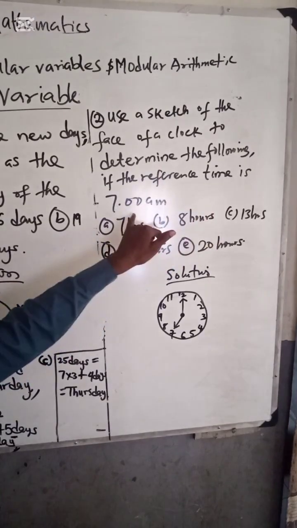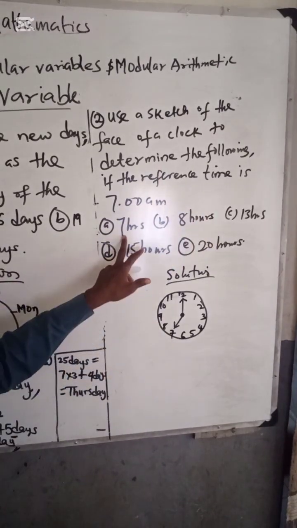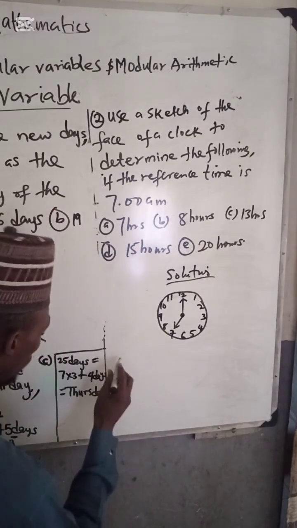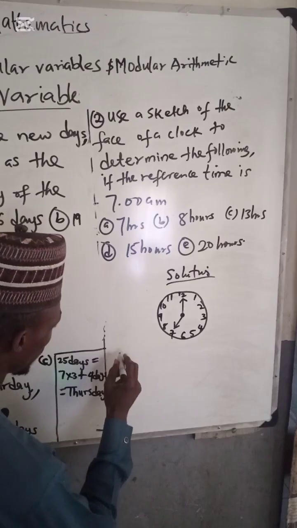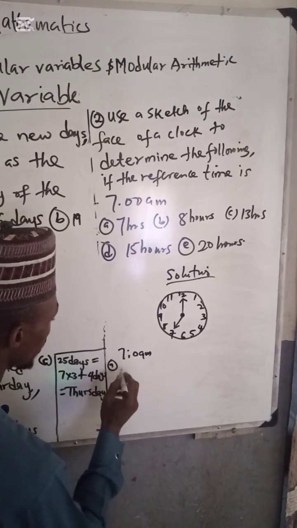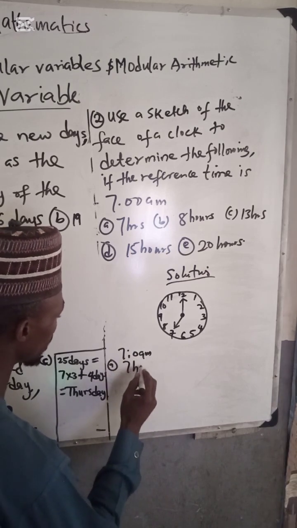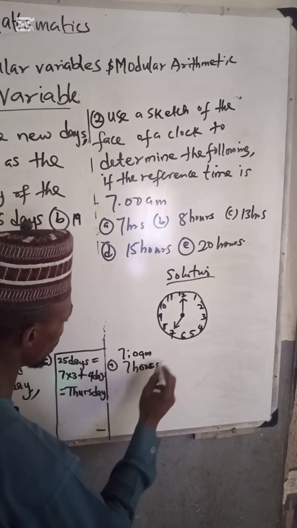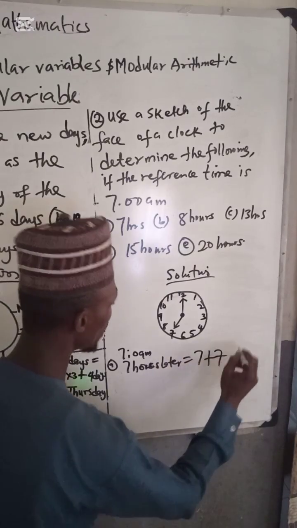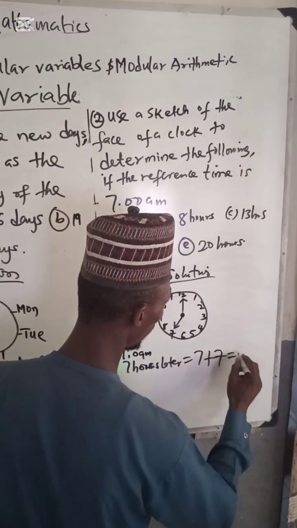Now, the question says, determine the following. If the reference time is 7 a.m., this is 7 a.m., addition of 7 hours. Remember, we have 7 a.m. Now, 7 hours later is what? 7 plus 7, which gives you